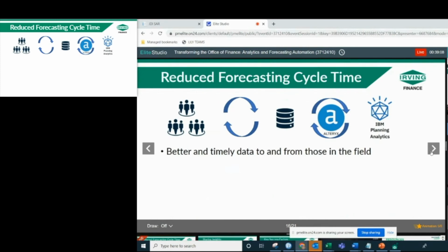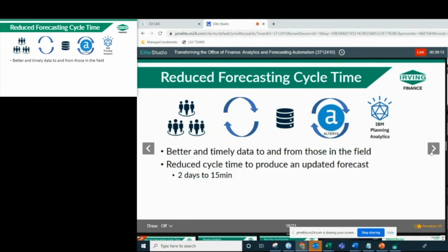And really, what does that mean for us? It really gave us better and timely data to and from those in the field, but it also reduced our cycle time to produce an updated financial forecast from 2 days to 15 minutes. So Alteryx really optimized that by allowing us to tap into this new set of information that the business and IT made available. And by working together, we were able to feed all that information live into TM1 on a daily basis and allow us to do better data optimization,